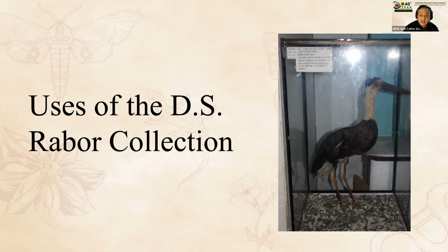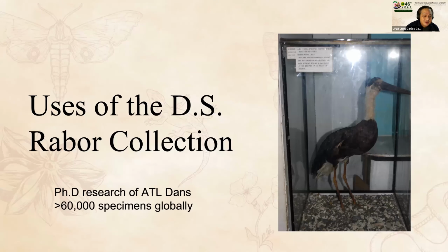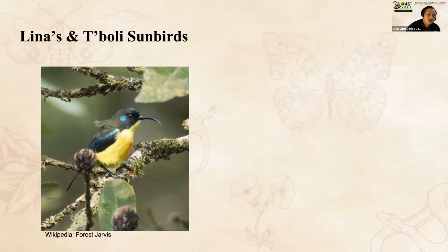This is one of the woolly-necked storks found at the Aga Khan Museum. And to consolidate this, a PhD student, Professor Dans, is doing a study on the status of the Rabor collection, both in the Philippines and outside the Philippines. There are roughly 60,000 specimens that were collected by Rabor during his time. So in the Rabor collection,